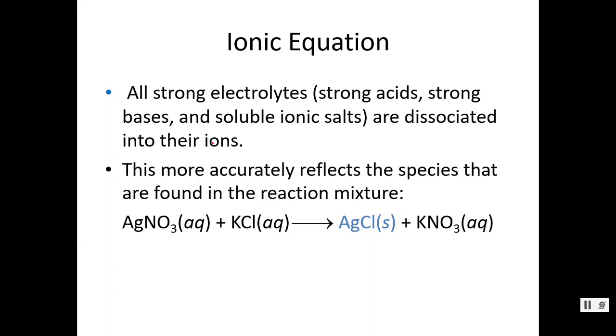So it can be instructive to take a molecular equation, which is what's shown down here, which we just talked about in the previous slide, and write something called the ionic equation, sometimes also called the total ionic equation. To write the total ionic equation, you need to first have the molecular equation,